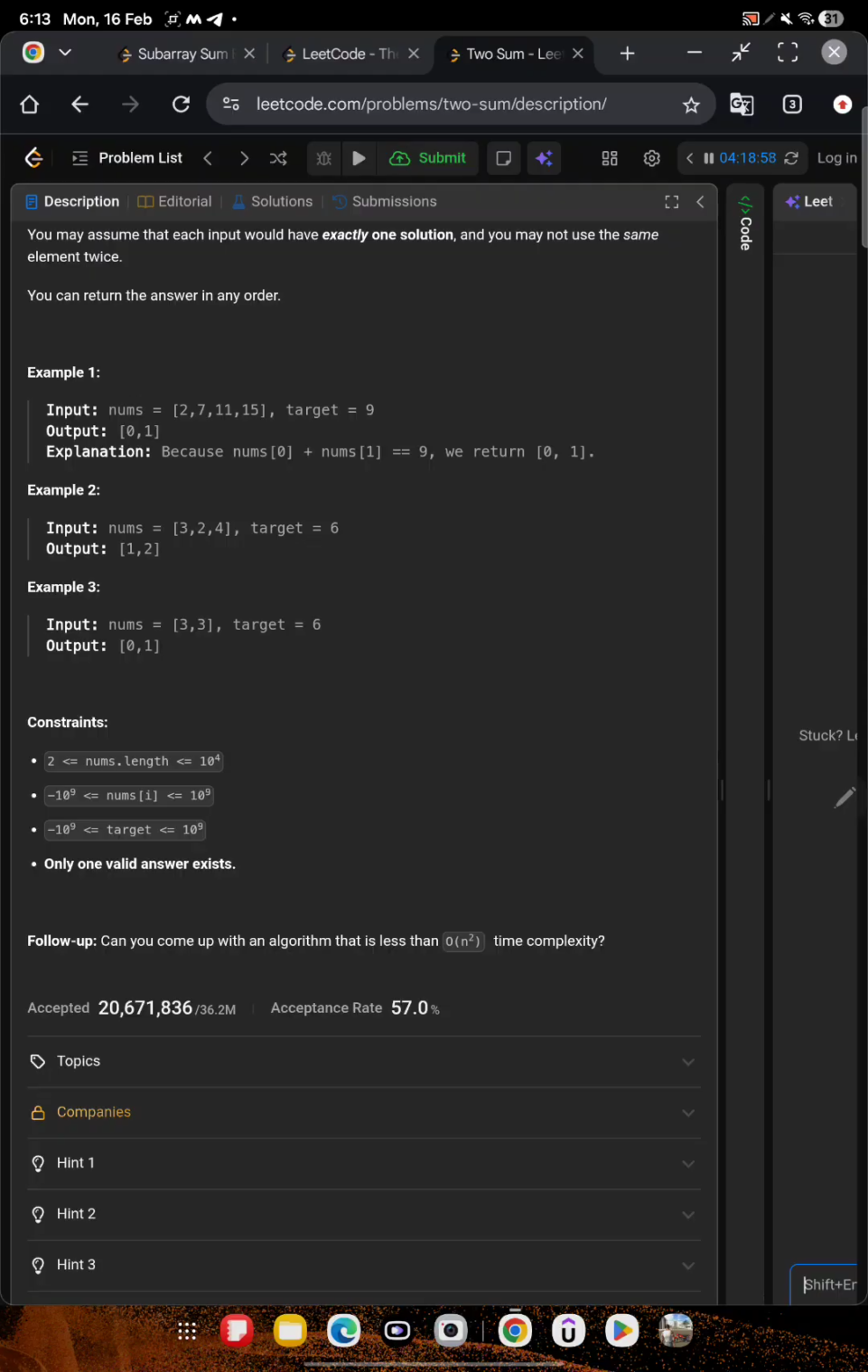The constraint is that the length of the array will be at least 2 and less than 10 to the power 4. The numbers may be negative or positive, and the target may also be negative or positive. Okay, so let's